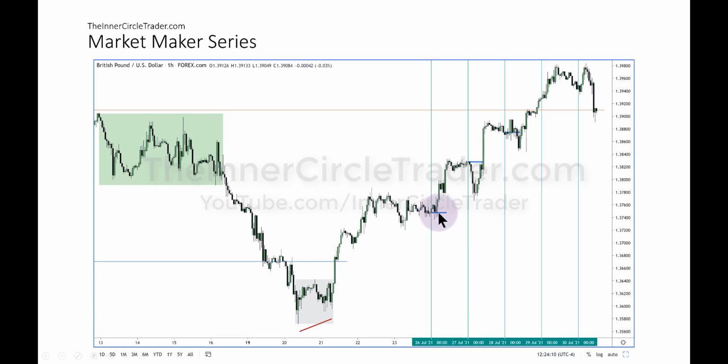So we have this opening price here, extended out in time. How far is this going out? It's just showing till 10 a.m. You can take it out to 11 a.m., which basically is the heart of London close. So the idea is if you're bullish, you want to be buying at or below or very close to the